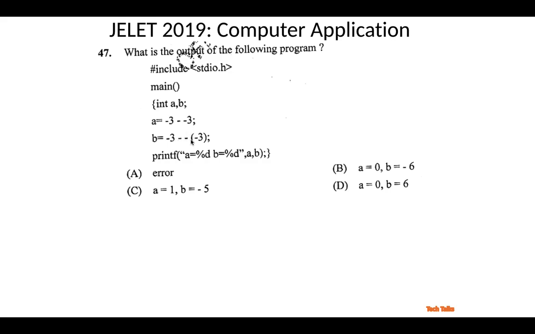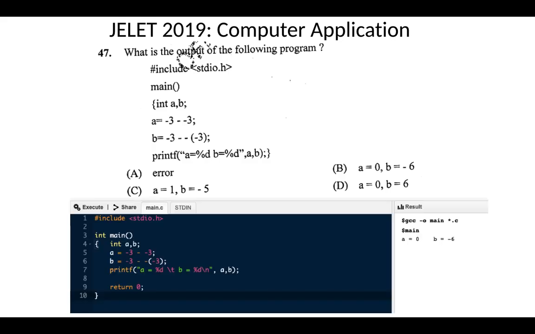Or -3 minus 3, where the bracket acts as minus into minus, which becomes plus. So -3 minus this, minus plus means minus, so -3 minus 3, that will be -6. We have already run this and this is the result. You can check, the result is 0 and -6. So the answer is B.